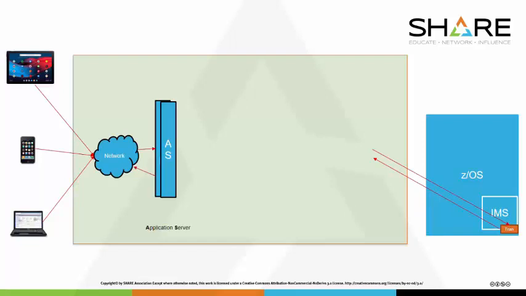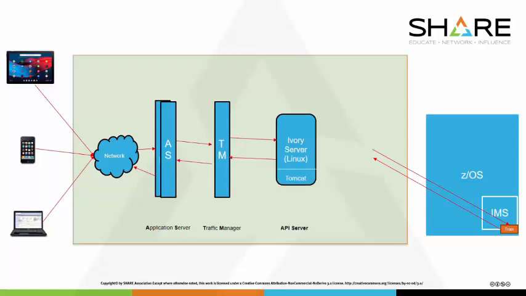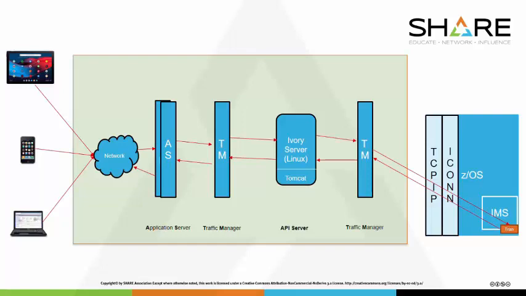Well, you've got the network. You've got application servers probably. You've got traffic managers or local network devices. Maybe you have an application server or an API server running out on the mid-tier. And you've got other traffic managers. And then on the mainframe, you've probably got TCP/IP and IMS Connect. So with all of those pieces from the left to the right, what can go wrong?